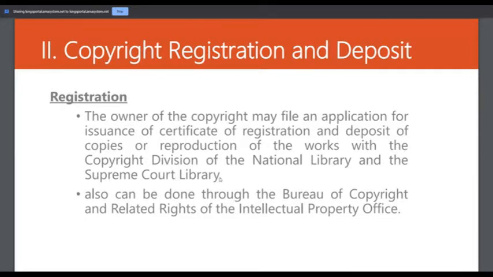You should submit copies of the original works that you claim to own, and you should have the certificate of registration as well. This can also be done through the Bureau of Copyright and Related Rights of the Intellectual Property Office.